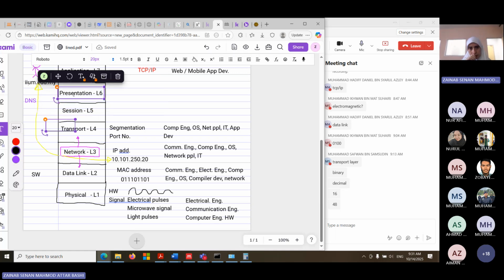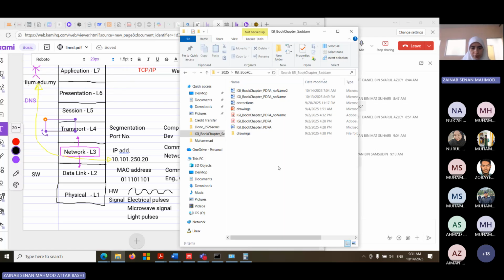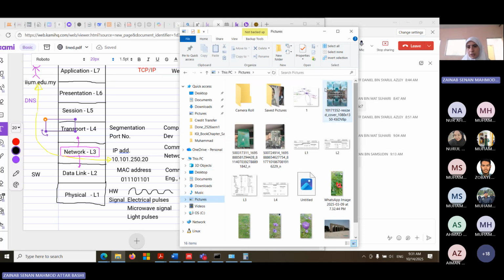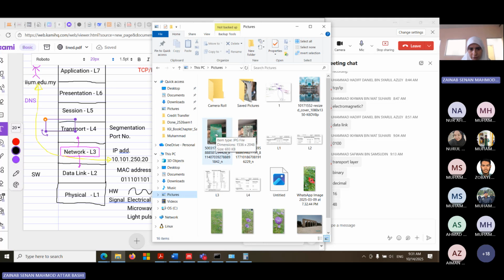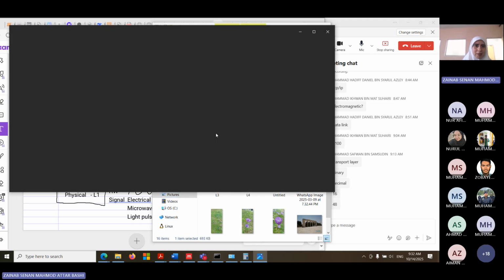Now for the presentation layer, it's more toward the operating system, how the operating system manages the files, okay? How to present the data we have. I always give the same picture. If I go to my picture file here and take one of the pictures I have, this is a picture of what we call a physical attack.